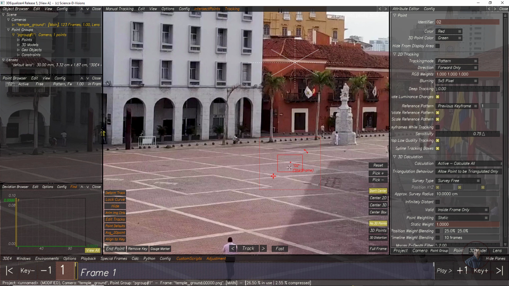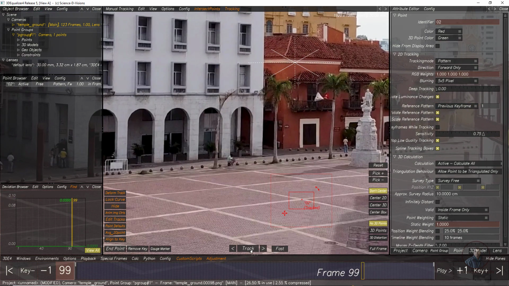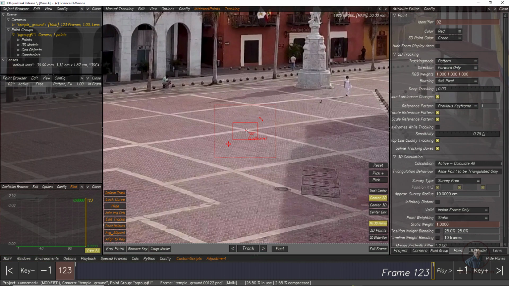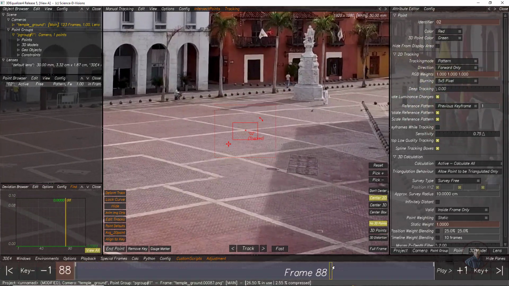Then after this we have to track this point. In the downside we get this track option. This one is frame by frame, and this one is track to end. While you click on this track option, it will track your shot. So simply click it here. Now you can see it, just stop it here. Then if you want, you can also enable this center 2D option. It will automatically keep these points at the center while you track your shot. Now again track here. Now if you see, I have successfully tracked this first point. You can easily see it here.